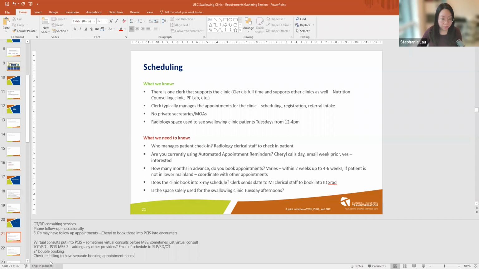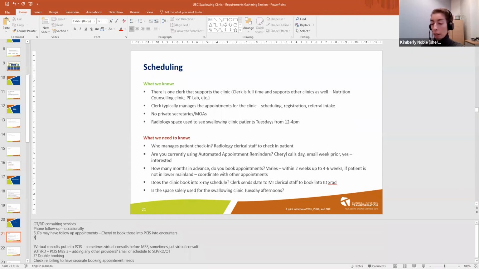Anything else for this particular? It's Rachel from scheduling. I just want to confirm that I understand the scheduling part, that earlier it says telephone screening will be completed before scheduling by the SLP. Can I confirm, one, who will be doing the telephone screening, and two, if that telephone screening will be scheduled on the PCIS? The telephone screen is not scheduled on PCIS. I can confirm that, and it's the SLP that completes the screen. Okay, thank you.